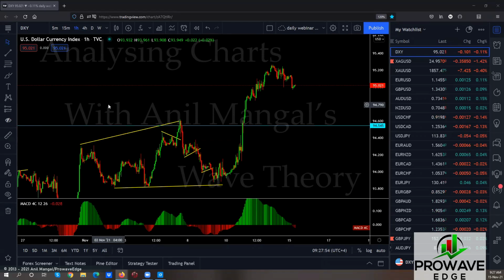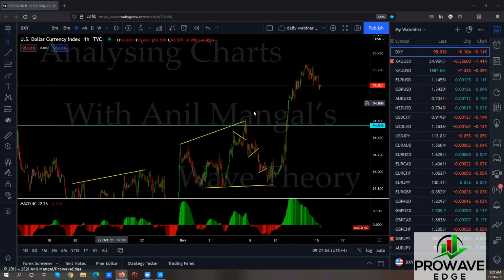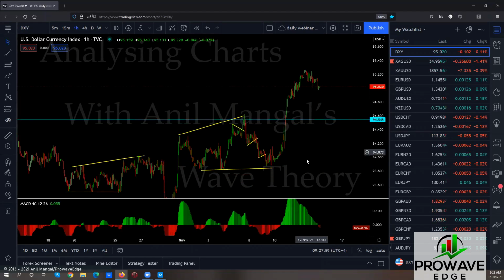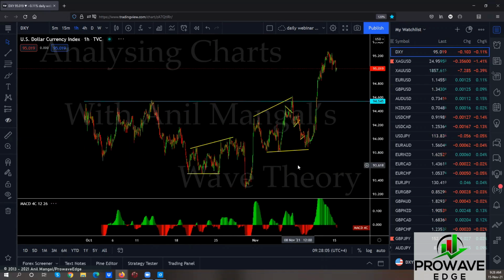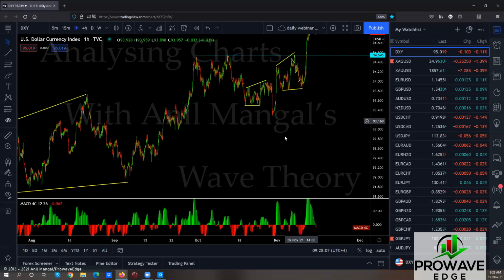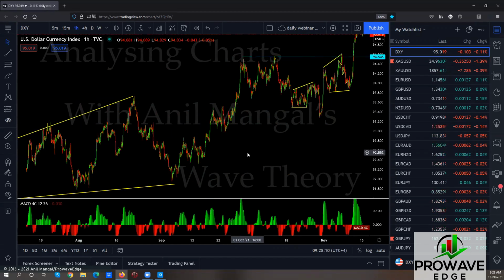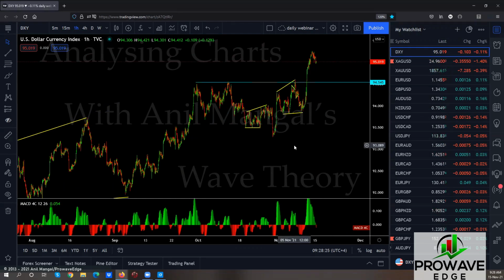If you're watching it for the first time, what we do is called wave analysis. It's based on a simple fact: nothing moves in a straight line, which means the chart will never move in a straight line. It's going to create wave patterns. As wave analysis traders, we try to recognize these patterns. These are patterns that repeat themselves over and over in any chart. It looks very random to you, but once you learn to recognize these patterns and see what they look like, you start to understand how the chart moves.